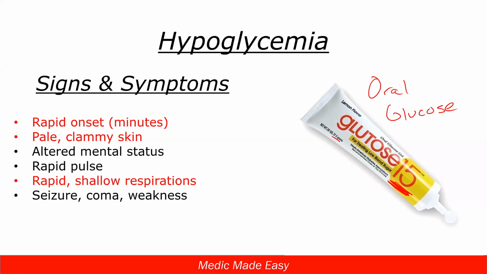Most often we just say, give them a tube of oral glucose. Now, for this oral glucose to work optimally, you put it inside against the cheek. The cheek is highly vascular. It's a nice mucous membrane, so it absorbs that sugar through the cheek into the vasculature, into the bloodstream for us to be able to circulate it around.